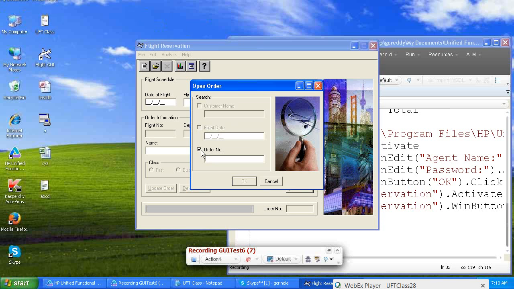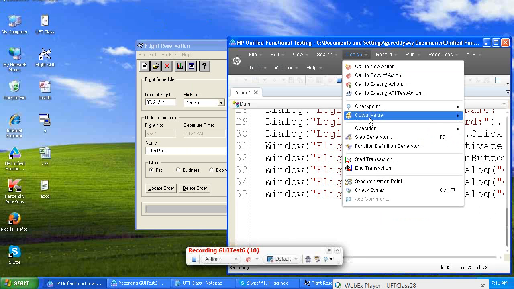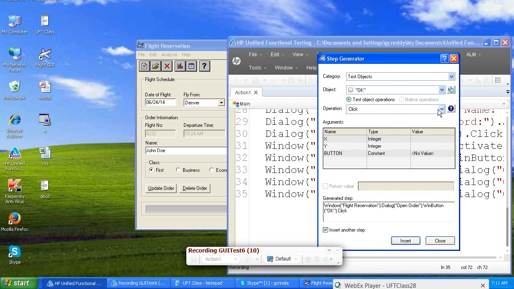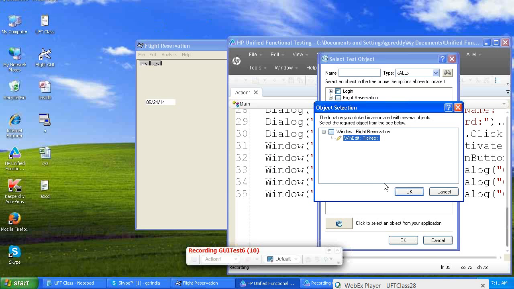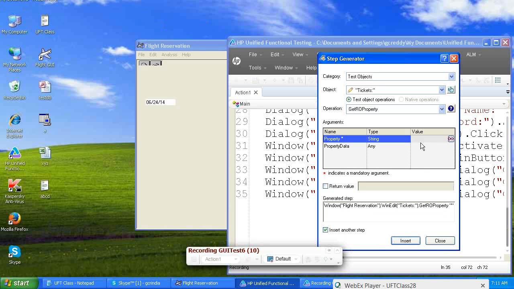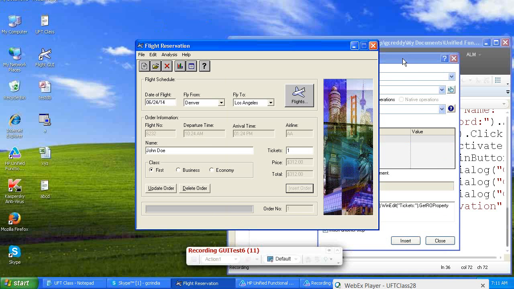Open an order, capture tickets, see step generator, take hand icon, show the object, get RO property of text, return value, tickets. Next,